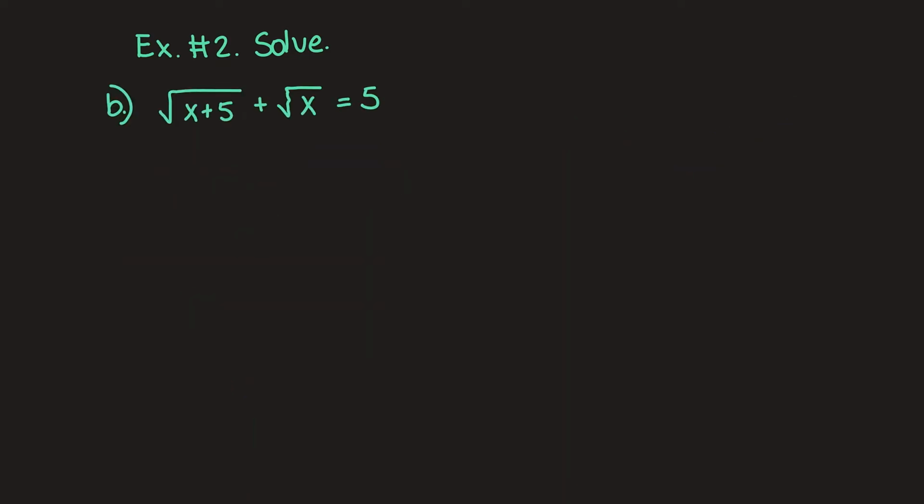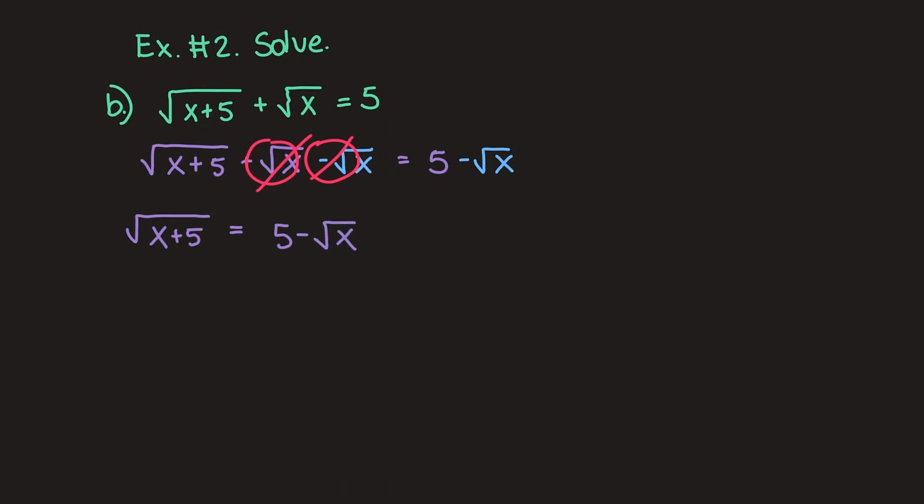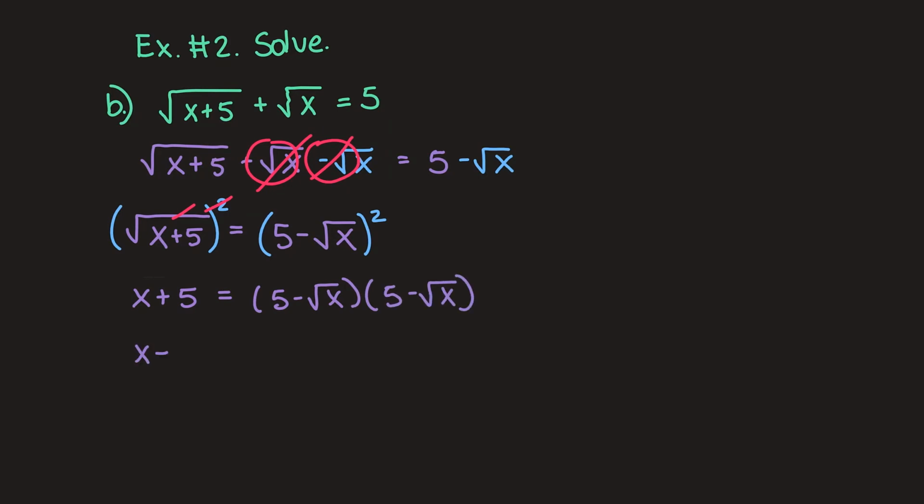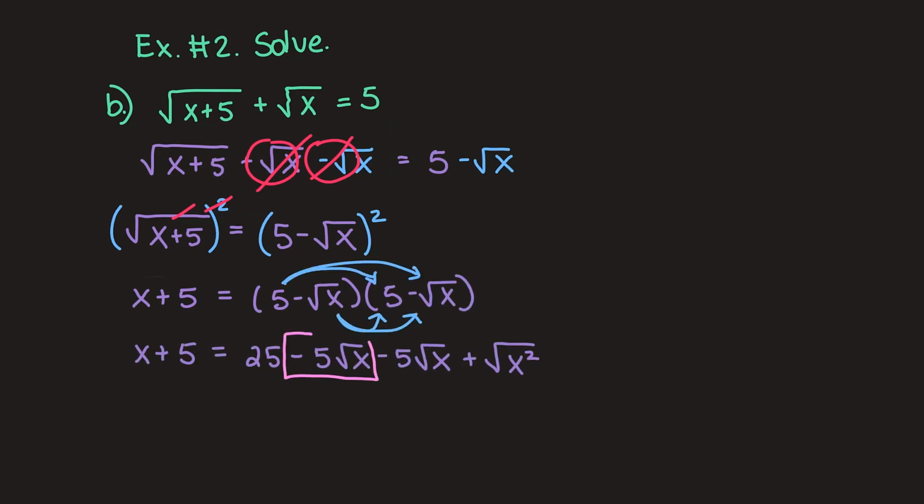For the next equation, we first need to get a radical on one side by itself. It doesn't matter which one we isolate, but it may be easier to isolate this radical. So we subtract square root x from both sides. And now we have a radical isolated on one side. We can square both sides of the equation, and this eliminates the radical on the left side, so we have x plus 5. But on the right side, to square this binomial, we will need to expand it out and then multiply. Combine the like radicals, and then we get 25 minus 10 square root x plus x on the